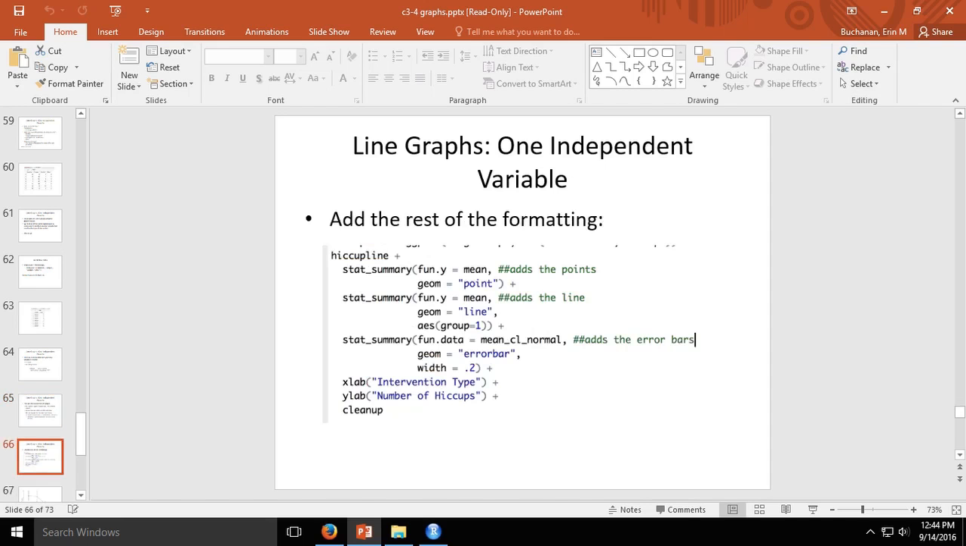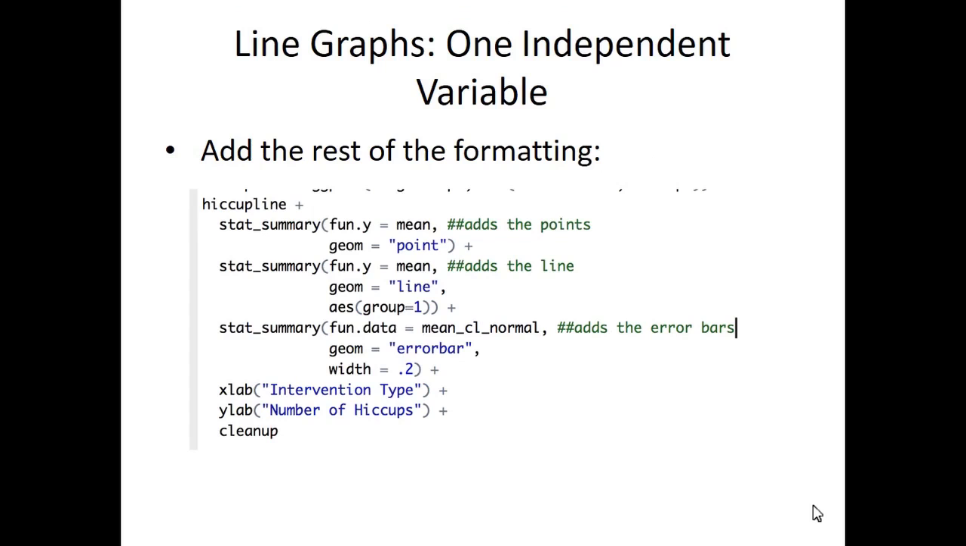The rest of the formatting is a little odd. It's not as long as bar graphs for some reason, but we've got fun.y is mean, geom equals point, so instead of making bars, it makes points on the graph. This is the line, so fun.y equals the mean, draw me a line this time. And this aesthetic thing has to stay. So if you don't have groups, if it's just one line, it's group equals 1. Okay, so what this does is it draws me 1 line. Then the error bar thing is approximately the same. So geom is errorbar with no dodge on that one. X, Y,